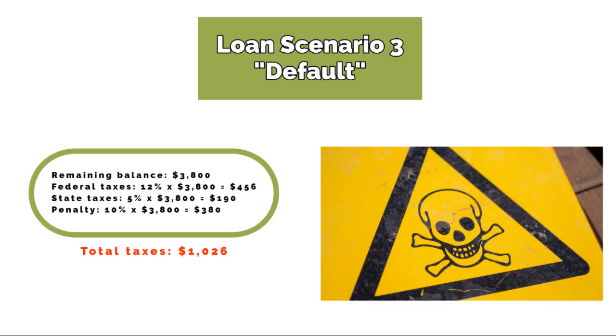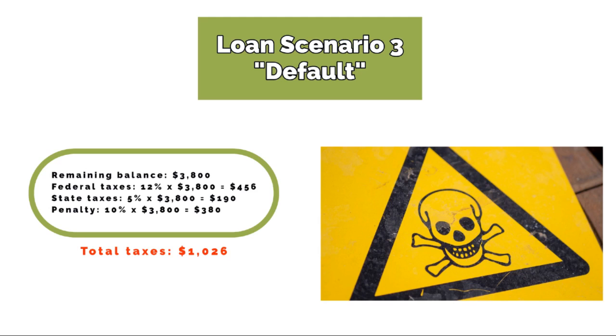Last loan scenario shows defaulting on that $5,000 loan. If this person paid on the loan for a year, so they paid $100 a month, they paid the balance down to about $3,800, but then they had an abrupt change. They left their job, they lost their job for whatever reason. Now the outstanding loan balance of $3,800 has to be paid back into the retirement account, or it's subject to